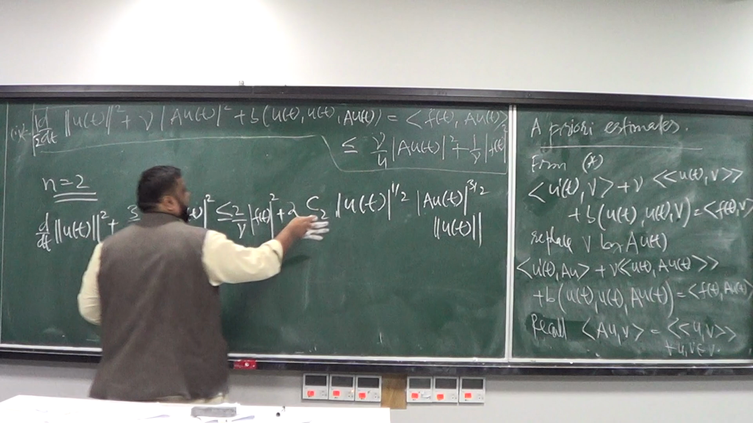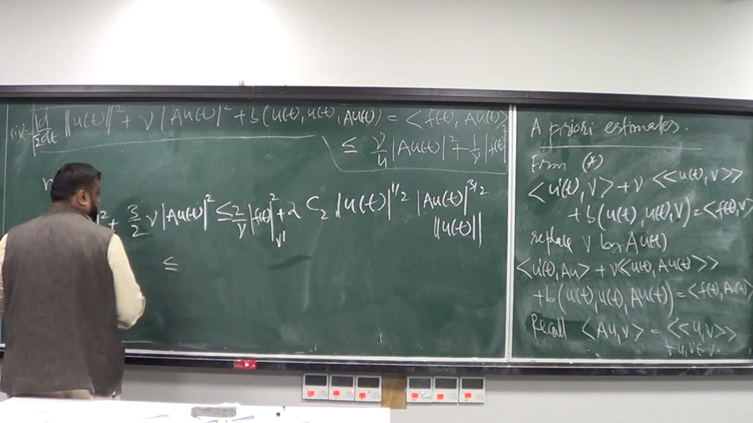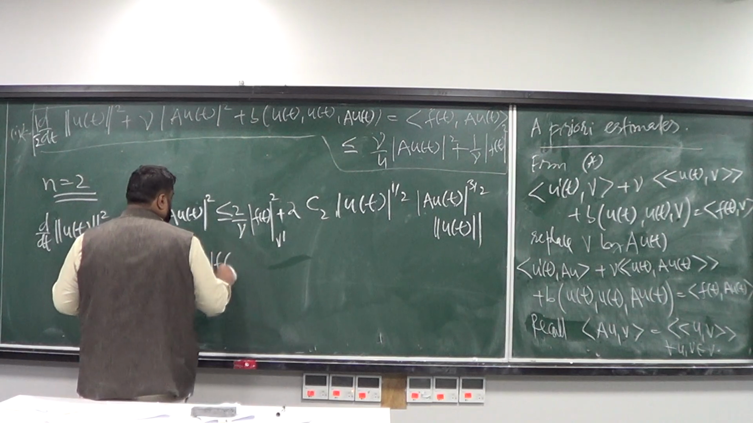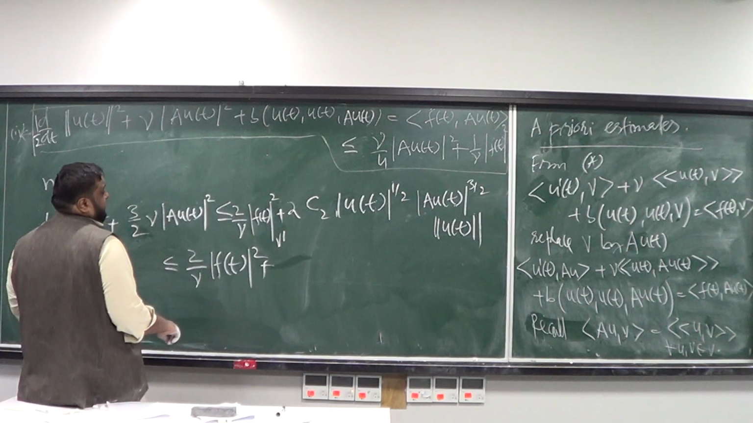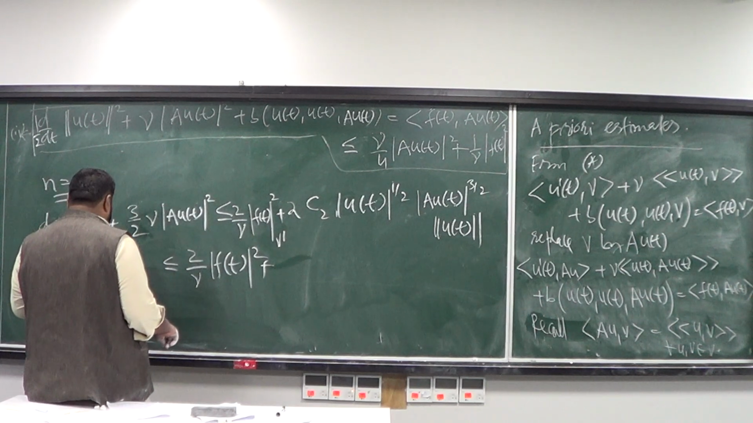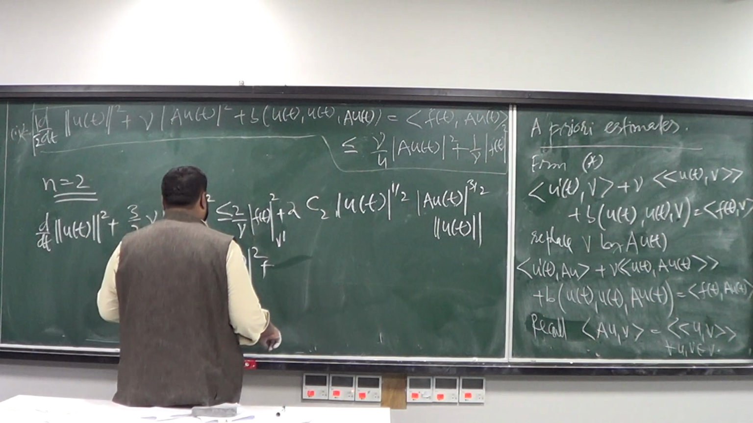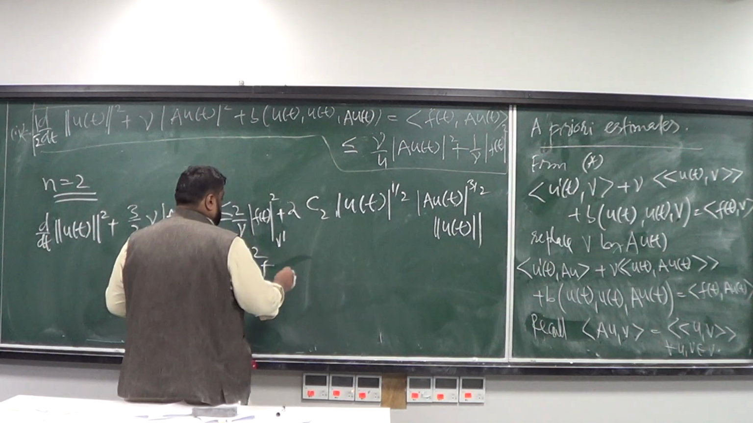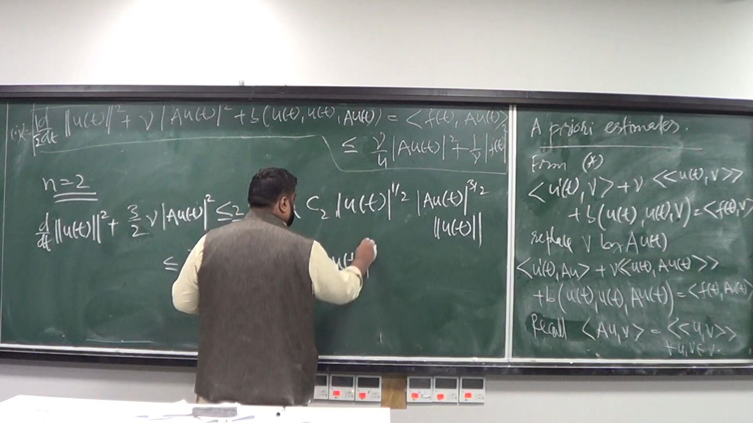Okay, then I can majorize, or dominate, this side by this. So I'm going to get 2 over nu times the norm of f of t squared. It's a simple application of Young's inequality, and you're going to get an expression like this: nu over 2 times the norm of A u of t squared